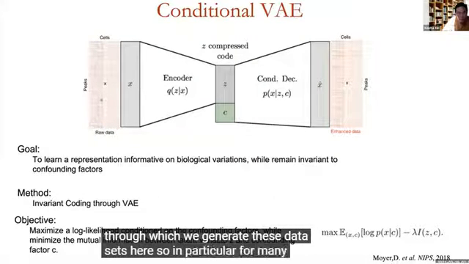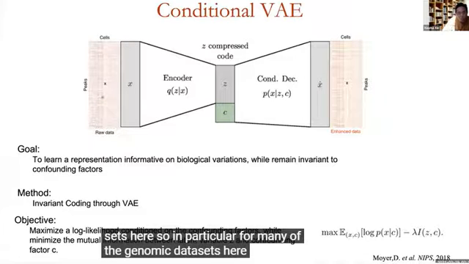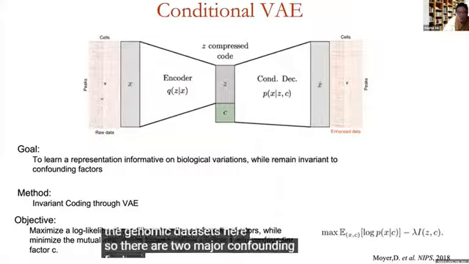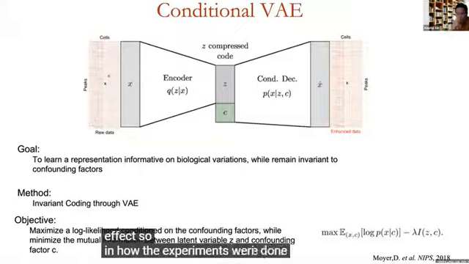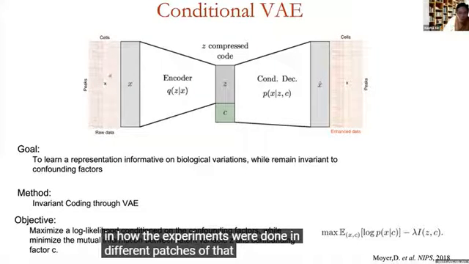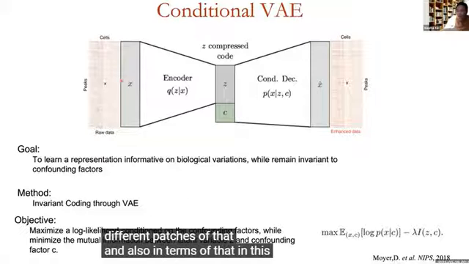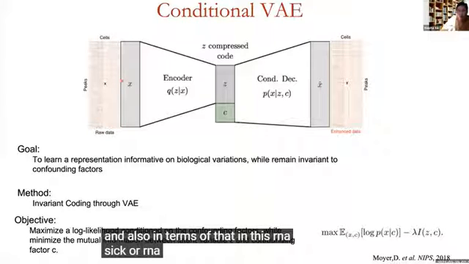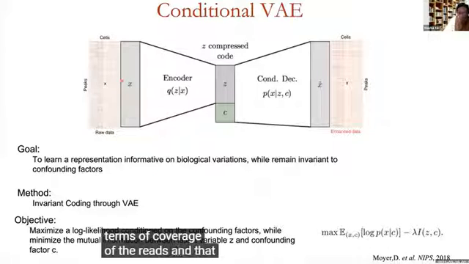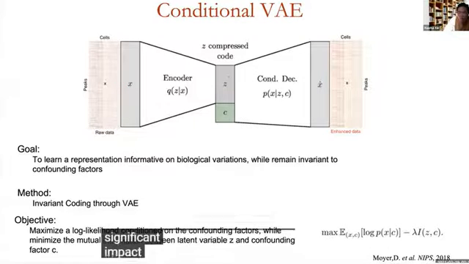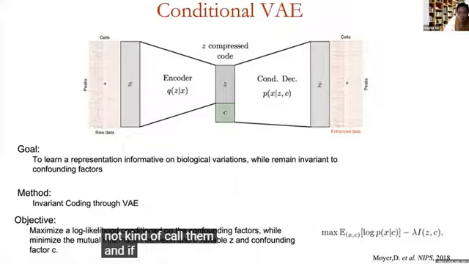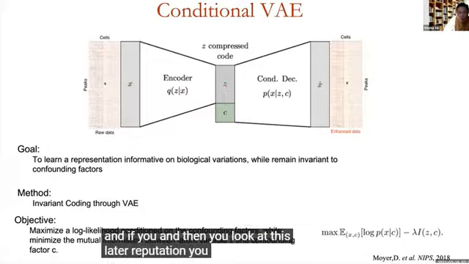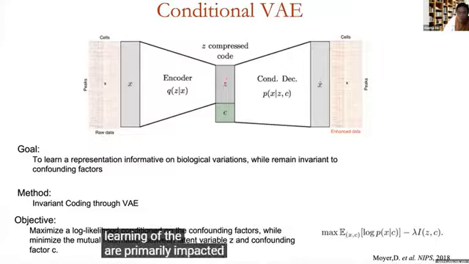So in particular, for many of the genomic data sets here, there are two major confounding factors. One is the so-called batch effect, in how the experiments were done in different batches. And also, in these RNA-seq or ATAC data sets, the coverage of the reads. That can have a significant impact on the representation of Z if you do not account for them. And then you look at this latent representation, you will see that the latent representations are primarily impacted by those